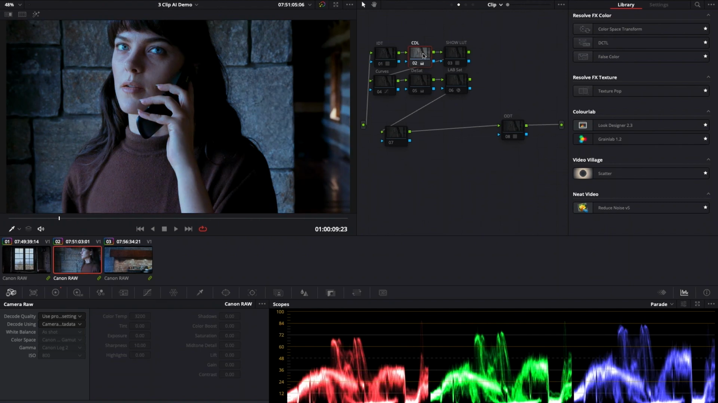The IDT node is disabled because I have an IDT in the pre-clip LookDesigner node, and the show LUT and ODT are disabled because I have them at my timeline level. So I'm just using the AI engine with my existing node tree to save a bunch of time on matching. From here I can make any final tweaks and adjustments and start dialing in the image using whatever tools in Resolve I need. You can imagine how much time this would save on a full-scale project rather than just a